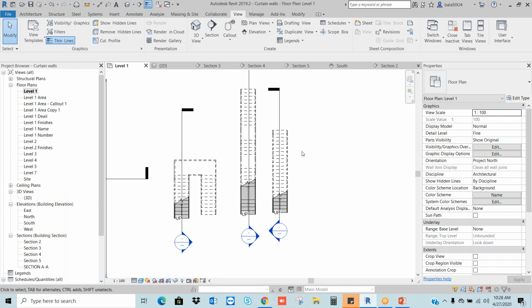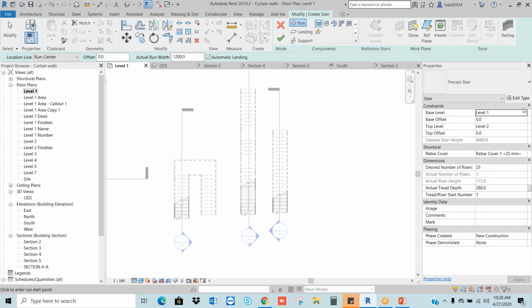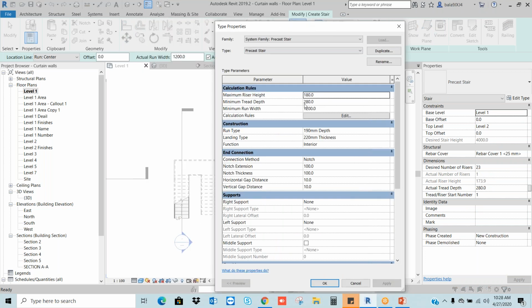Now I'm going to choose the architecture staircase. This time I want to change my settings. Whether riser height should be, let's say, 200, tread is, let's say, 300 mm. Okay, apply.